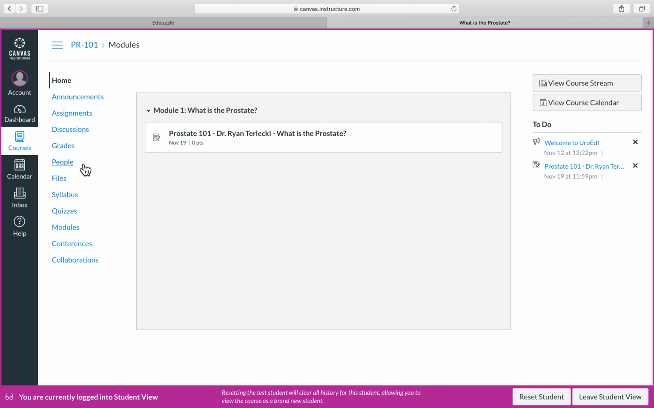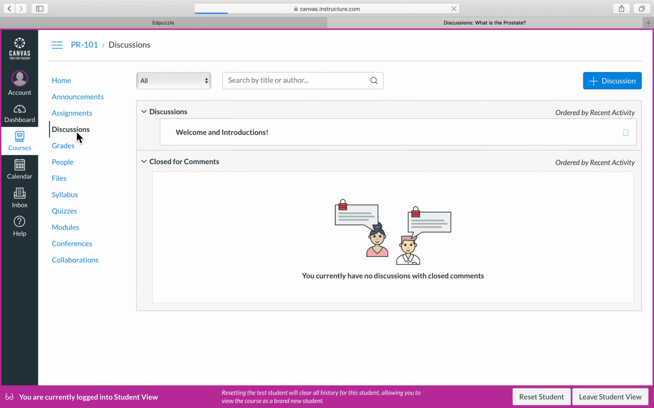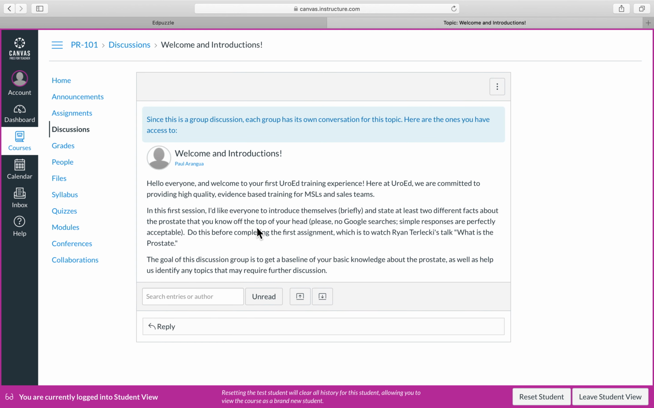Other things you can do is create discussion boards. So this is an example of a discussion board. You can make everyone in the class answer something specifically. So in this first section, we'd want to introduce people and state at least two facts they know about the prostate off the top of their head. We're trying to encourage people not to do Google searches, but just use some general relative knowledge before we introduce the Ryan Terlecki talk,